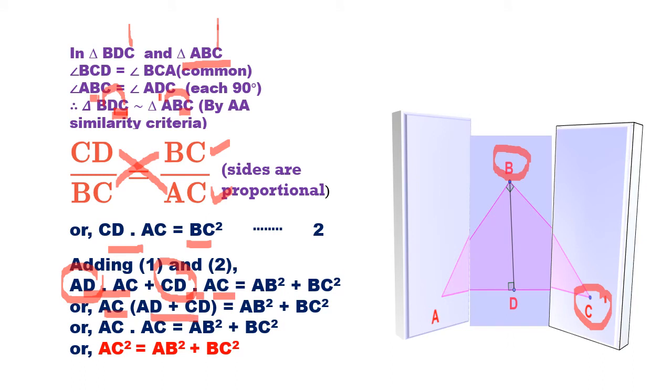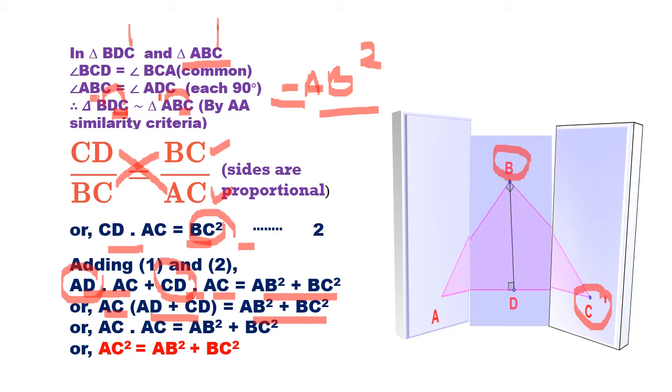And what about the RHS? In RHS, previously in one you are having AB squared. And in this here you are having BC squared. So you are going to add this, you will get AB squared plus BC squared. Here it is. Now once again, what about the bracket? See what is remaining in the bracket? We just took AC common, and whatever remained I have put in the circle. These two will be in the bracket.